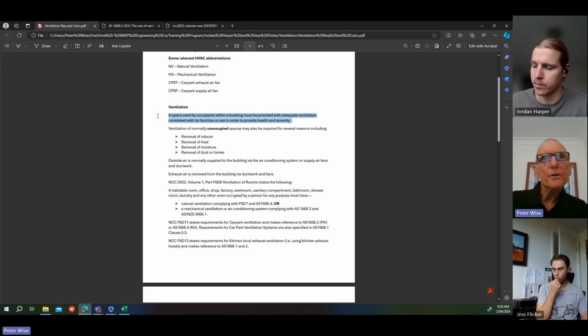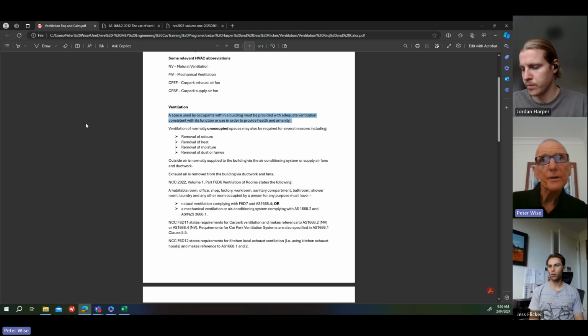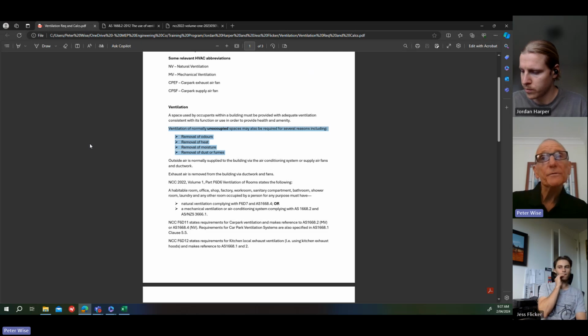A space used by occupants within a building must be provided with adequate ventilation consistent with its function or use in order to provide health and amenity. So we all understand ventilation. You need outside air for breathing. You need to extract stale air. Ventilation of normally unoccupied spaces may also be required for several reasons,